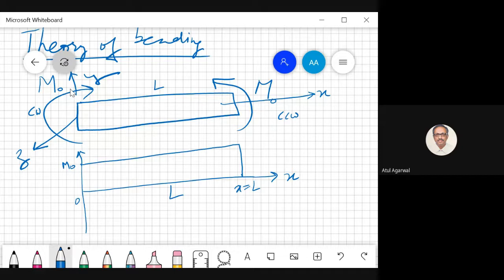So there is something called bending moment, and there is something called actual moment applied. The two are different. So this moment has the static sign convention of moments, while bending moment has a coupled sign convention involving both the area normal as well as the static sign convention of the actual moment.